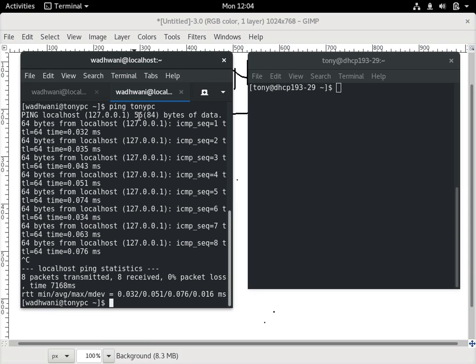using a host name. If I have to do the same with an IP address, I have to go and search the IP address and then remember that address. But remembering this name, Tony PC, is easy. Now how do I